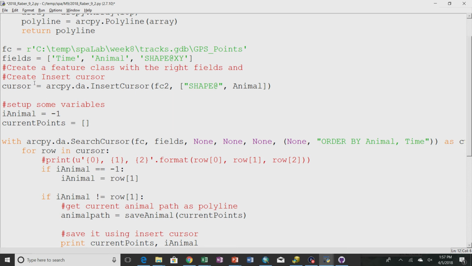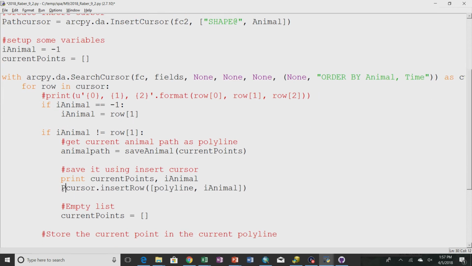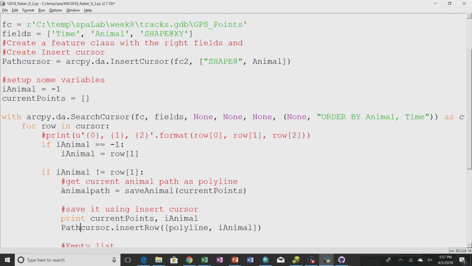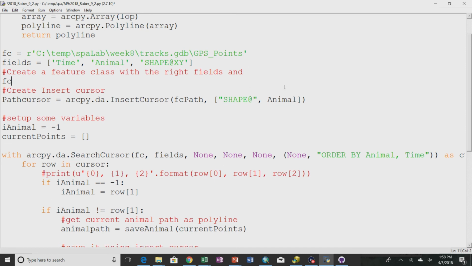So let's actually call it a path cursor, and change this to path cursor. Because we can't call two variables cursor, and we can't call two variables FC. So I'll call this FC path, FC path equals